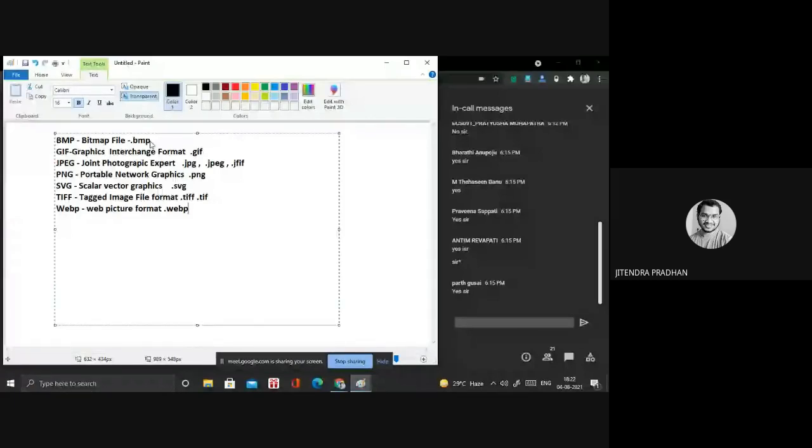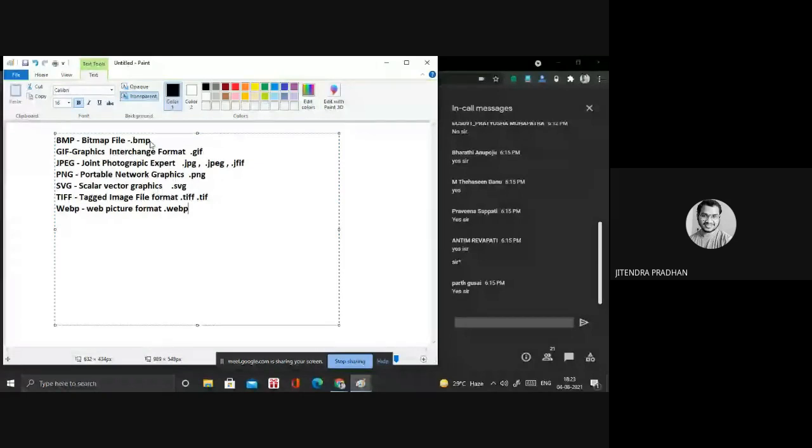Okay. So any doubt regarding what these file formats are, you can ask me. And about the difference between them, I already told you the difference between PNG and JPG, all these things.